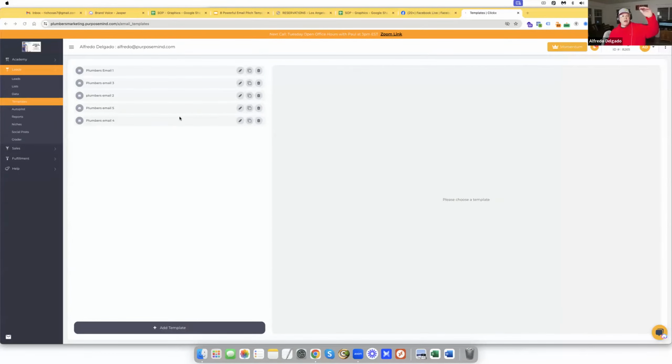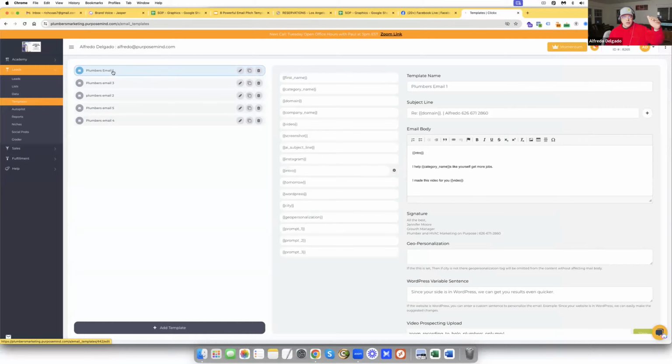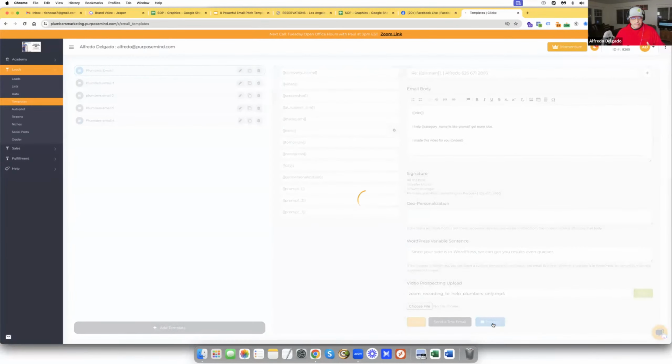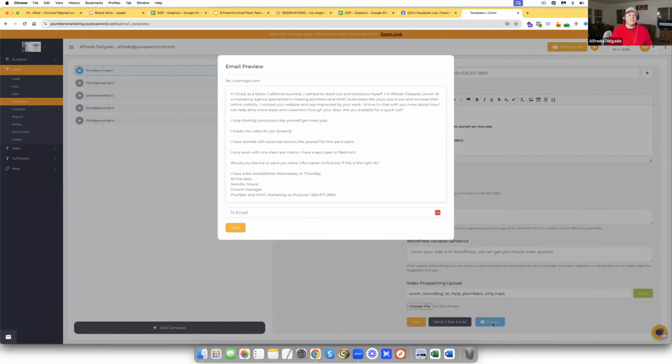Okay, so my sequence. Let me share this. I'll share with you guys. So this is my automation here that I have. I'm going after plumbers, right? That way you don't have to preview, and you guys can change it up to be yours. So here's the thing. Right here is AI. Even here, this is a perfect example of what I'm talking about: verifying your list, getting a good list.